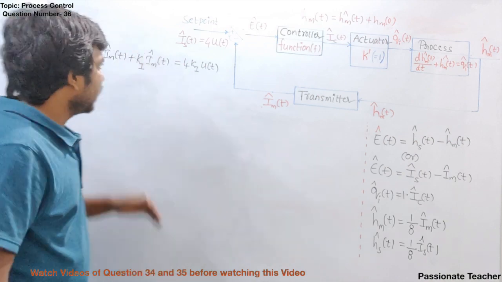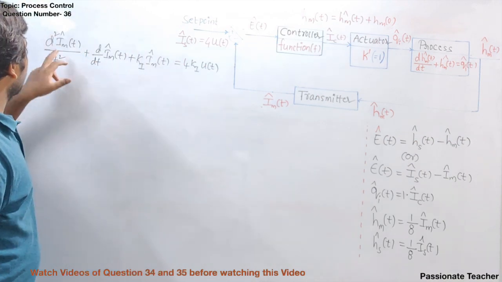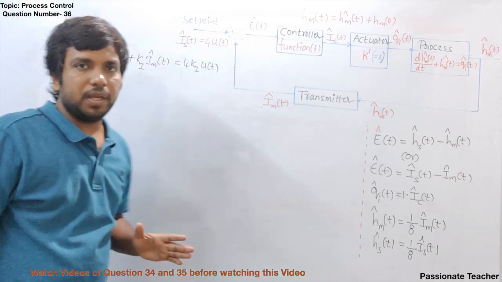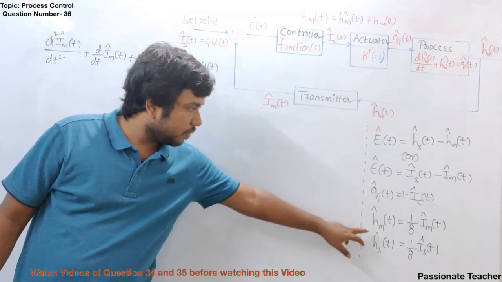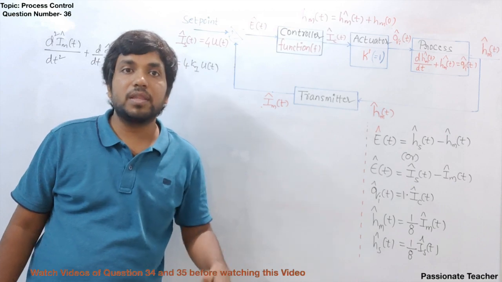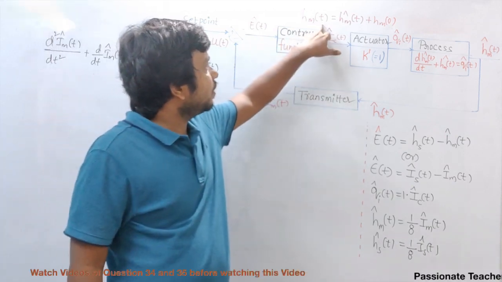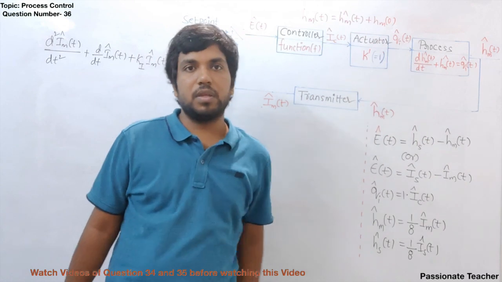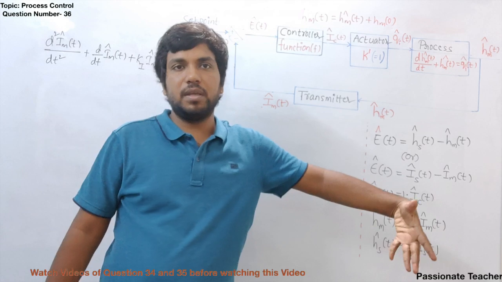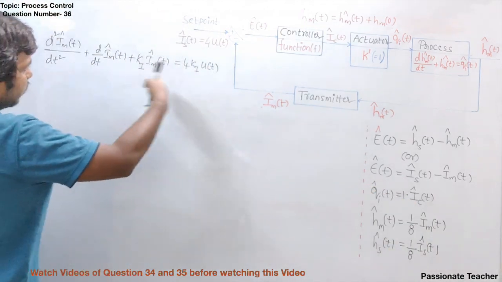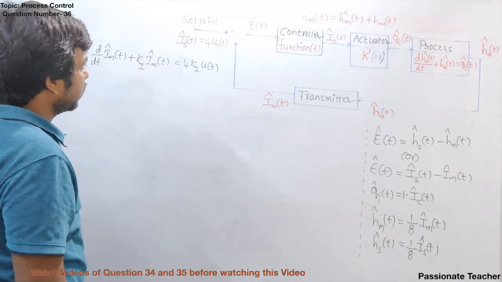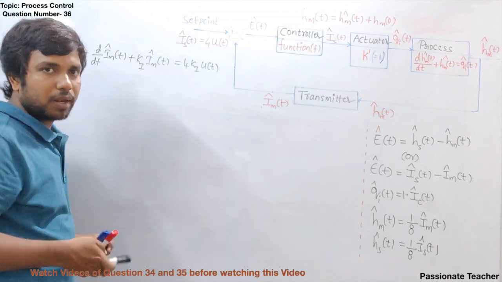Now let us consider this second order differential equation to find the value of Im cap of t. Because if you get Im cap of t, then you can get Hm cap of t. If you get Hm cap of t, then we can get Hm of t. How? Because we know Hm of t is equal to Hm cap of t plus Hm of 0, right? I have been discussing the same things almost from the past 3 videos. Now, to solve this differential equation, either we can use the differential equation approach, or else the best thing is we can go for Laplace transform.